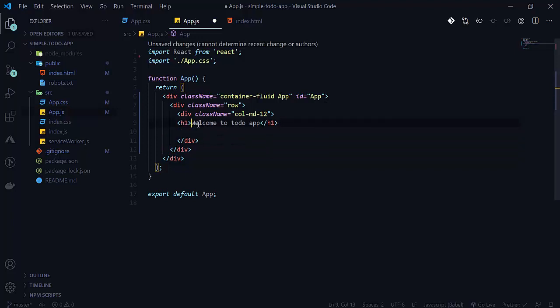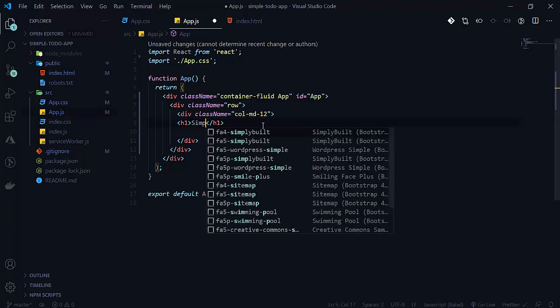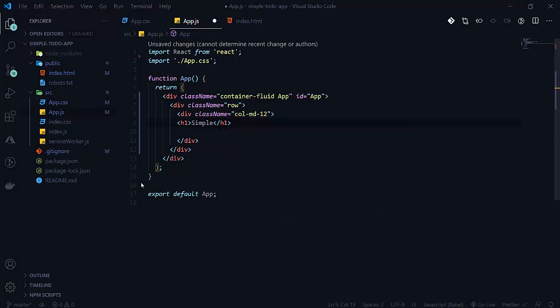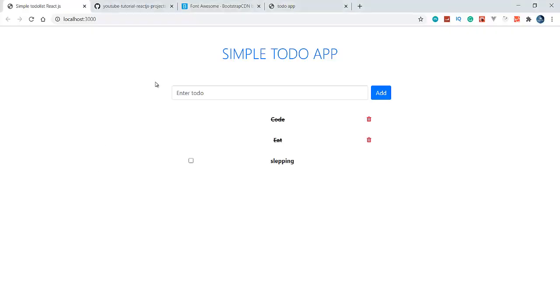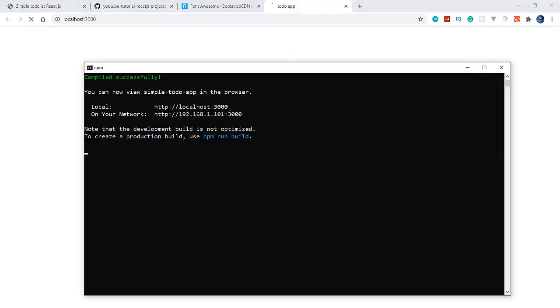So here will be our simple to-do app. So let me see how it is written there. So here it is in capital letters, copy this Simple To-Do App here. So this is our app that we are creating now.